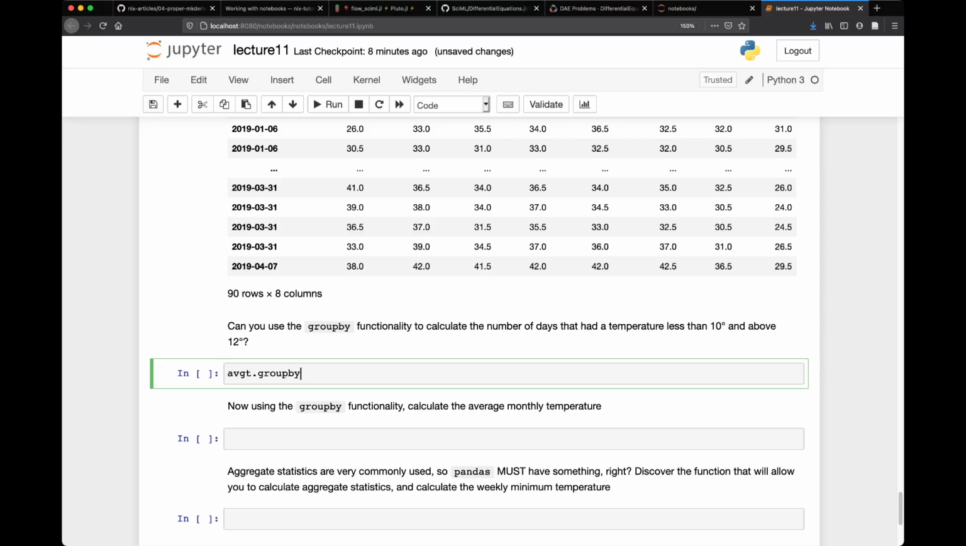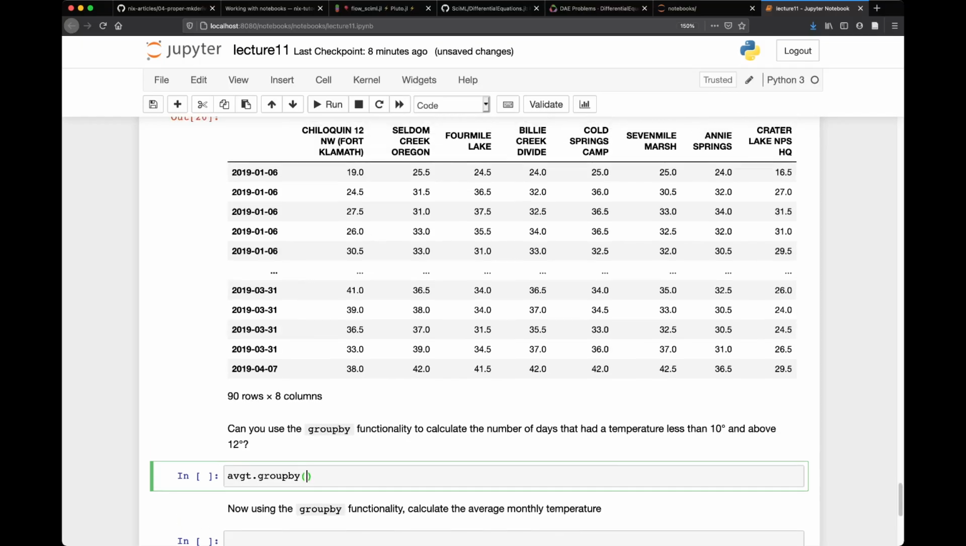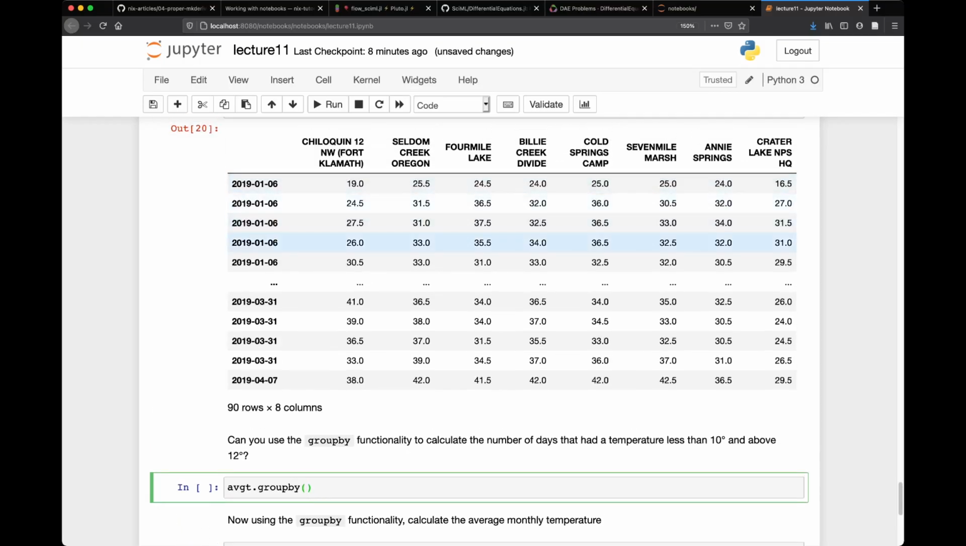So with group by, remember that we can group by a certain column, or we can provide it a sequence. In this case, how do we get the number of days that are less than 10 and above 12? And of course, we can decide if we just want to do this for a specific station or for the average. So just to make things easier, let's do it for the average over all stations. In order to get the average over all stations, remember that we can use the mean, and if we pass the axis keyword,